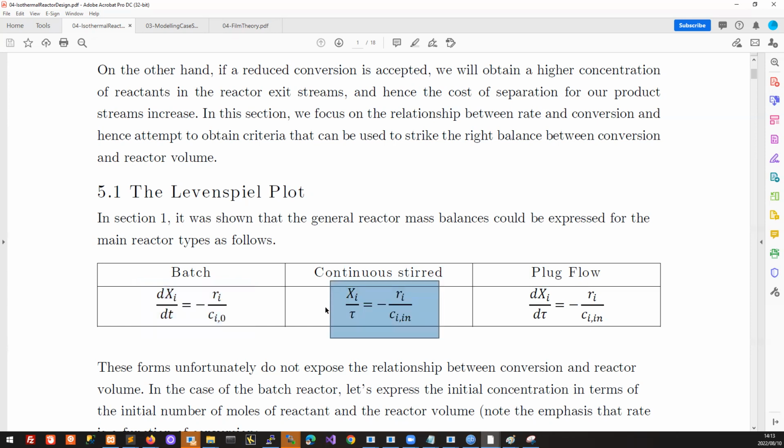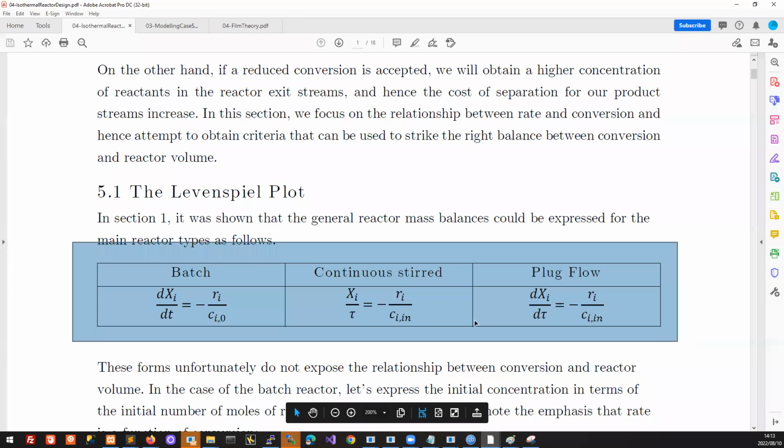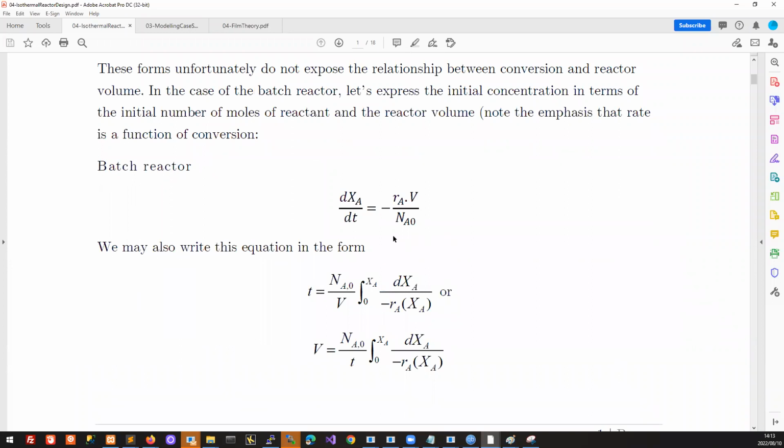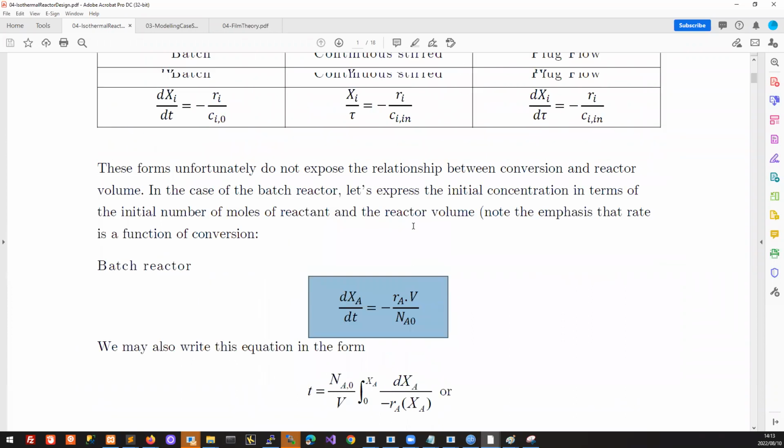For the CSTR, we don't have any derivatives, it's just straightforward algebra. And for the PFR, as we saw just now, it's a dX/dτ. So those are the 3 equations that we have. And when we look at this equation, we can see, well, we can't see it as yet. If we take these equations and then expand out for volume and flow rate and initial amount, right? So let's take the batch reactor. If we rewrite this in terms of